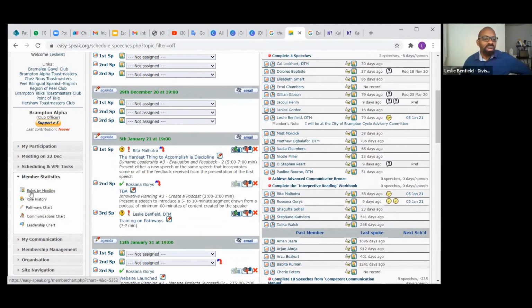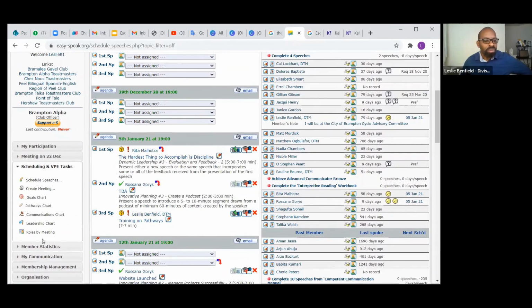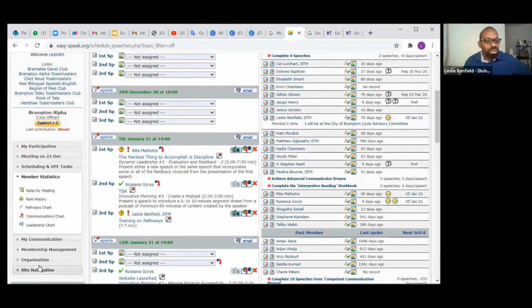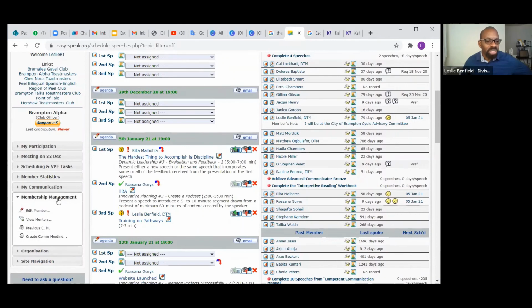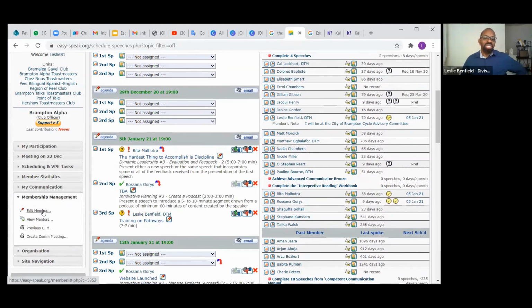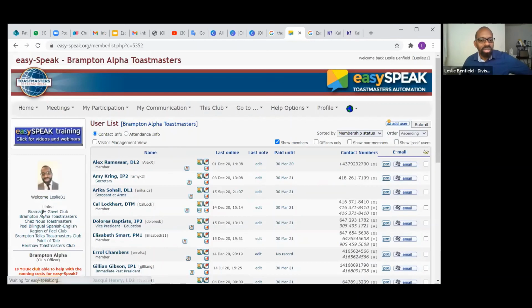You get roles by meeting, pathways chart, which is the one I showed you earlier, and leadership development. Membership management. This is the one I was looking for. So this is really powerful. This is where you can add and remove members, change them from being a guest to an actual member. You can click on here. And let's say this person